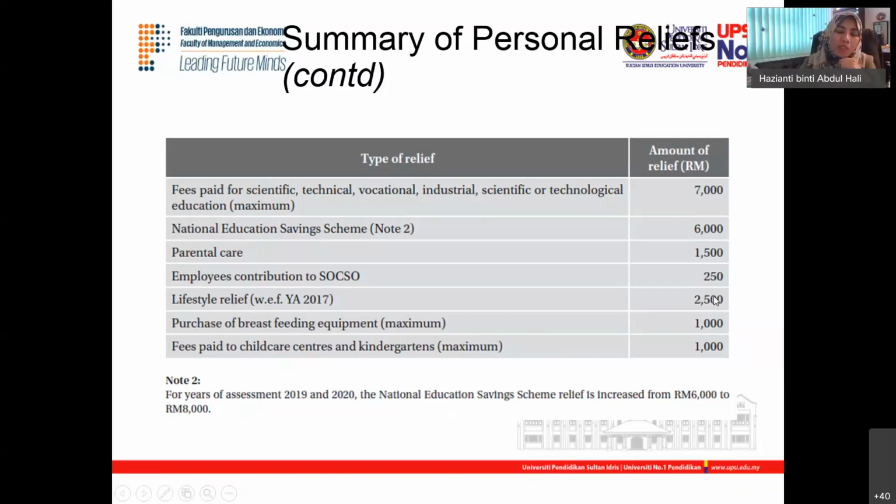So if you purchase a new phone, new computer, beli buku banyak, majalah banyak, beli treadmill lah, beli basikal lah. Basikal also considered as sports equipment. Beli macam-macam up to 5,000 but you can only claim 2,500 sahaja. So breastfeeding equipment pun boleh claim 1,000. Ini tadi 1,000 ni memang general, tapi untuk year 2000 tadi saya kata dekat sini untuk childcare ni naik 3,000.